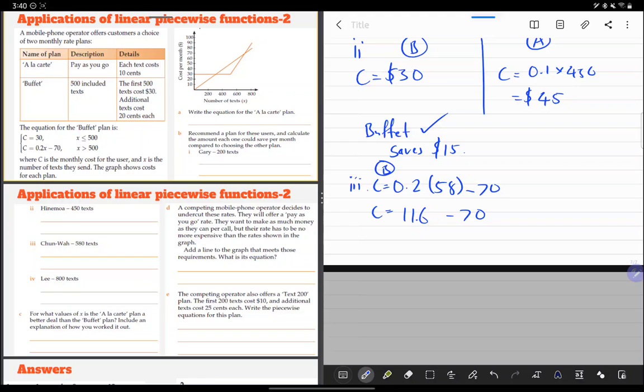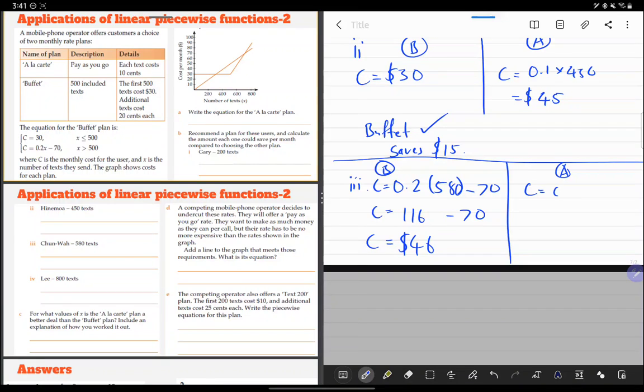Oh yep, this is buffet, I forgot to label it. Wait, what have I done? Oh, that's 580, sorry, there it is. That makes better sense. So that comes to $46, right? And for a la carte,